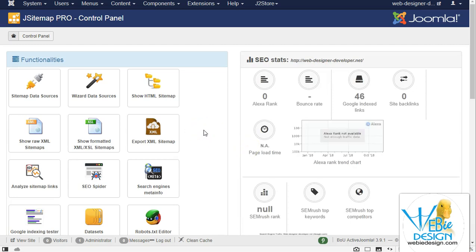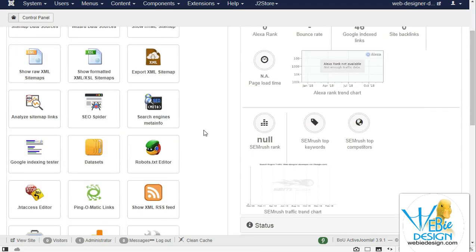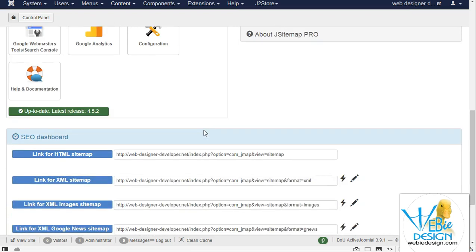In the past, I had used a very popular service that would just generate a sitemap for me and would use the most popular file form, which is called sitemap.xml. However, when you switch to use this JSitemap Pro, the first thing you'll want to do once you've generated